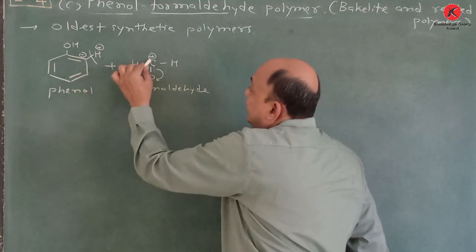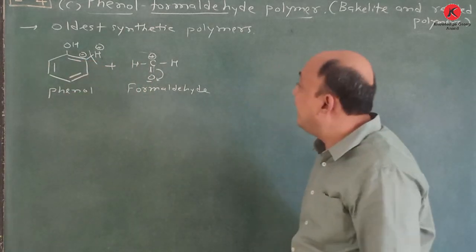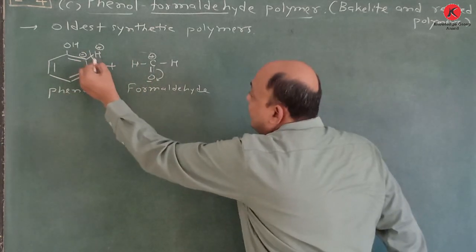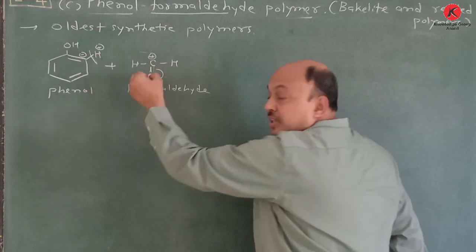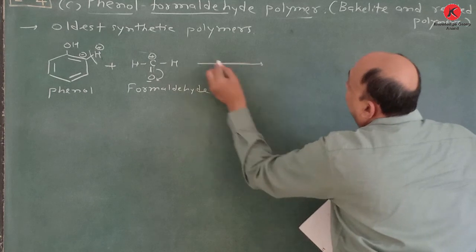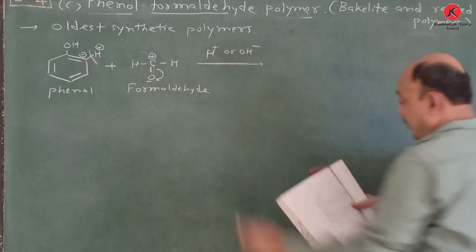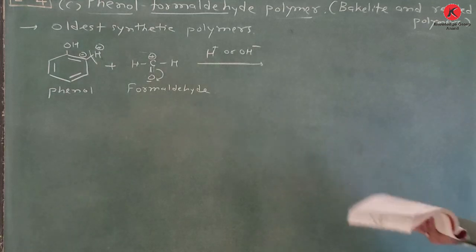Due to that, this carbon positive directly attaches with this carbon negative, and this H plus is removed and they are joined with O and H, and that's why in presence of H plus or OH minus, that means acid